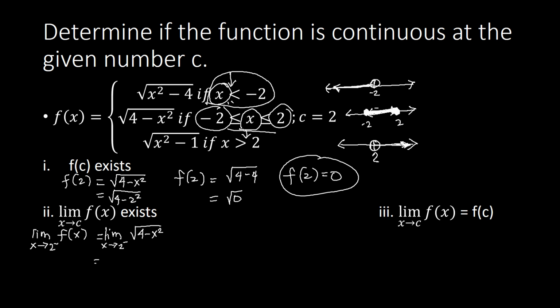This is equal to square root of, this time, since this is a square root, we have to double check our values here, whether we are going to get a negative result once we input our values of x that are coming from the left side of 2. So considering our interval here,